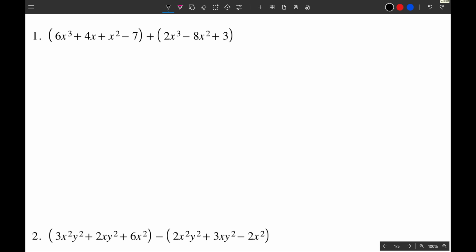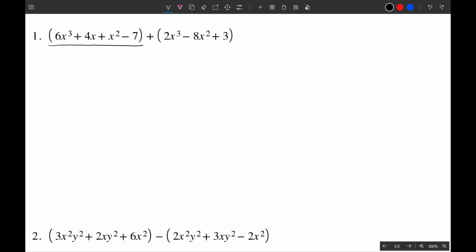In this lesson, we're going to talk about adding, subtracting, and multiplying polynomials. So if you look on number 1, this is really almost just like combining like terms, but they're going to write it as like a polynomial plus another polynomial. So if you look at the first